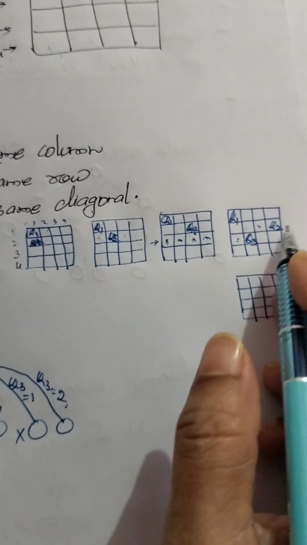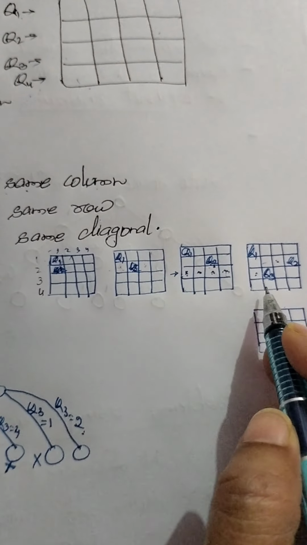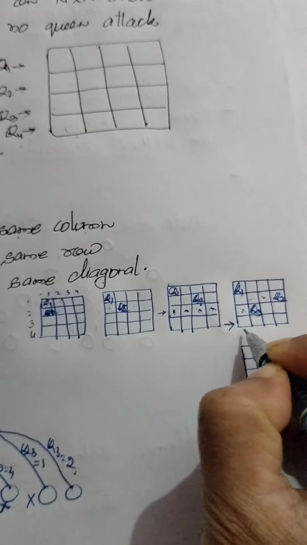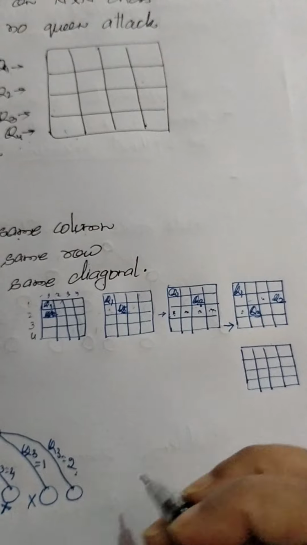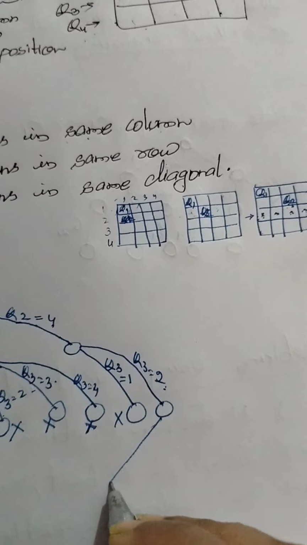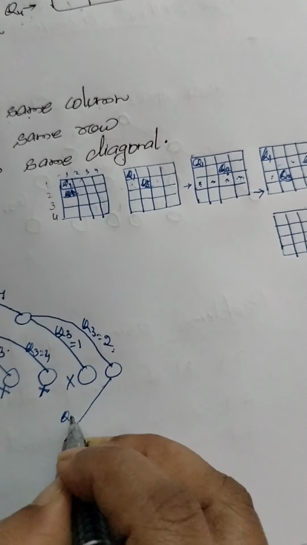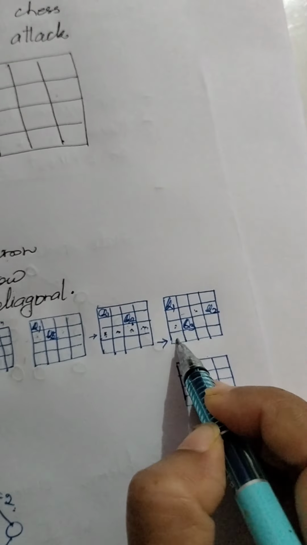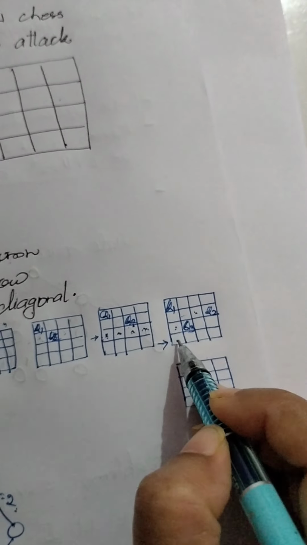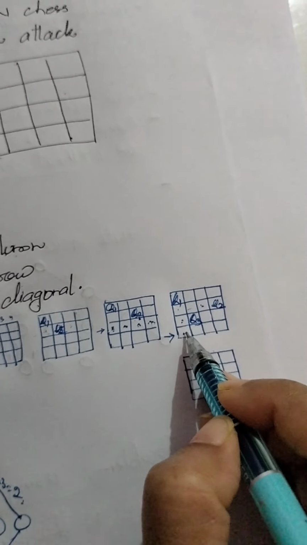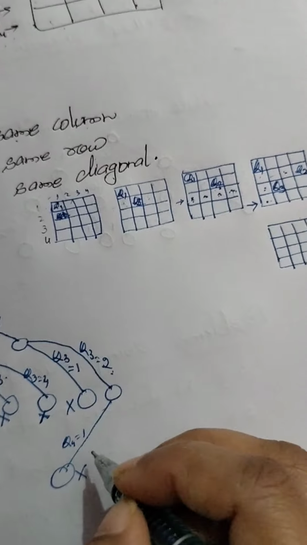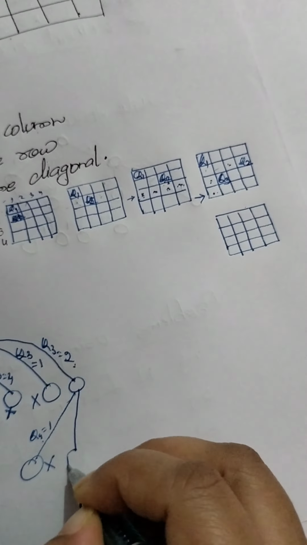Now Q3 has been placed, so we will go for placing Q4. Now Q4 will be placed in the 4th row. That is okay. Now check again. Q4 equals to first column. Can we place Q4 in the first column? We cannot place Q4 because Q1 and Q4 are in the same column and Q3 and Q4 are at diagonal places. So kill that node, go one step back, again